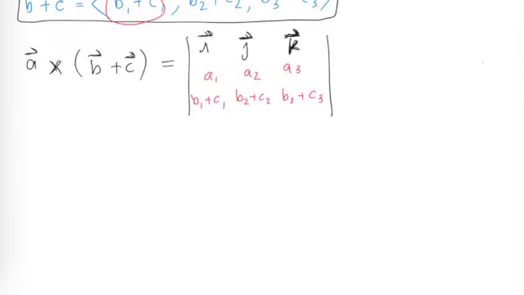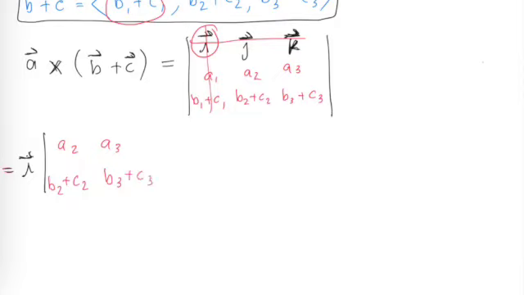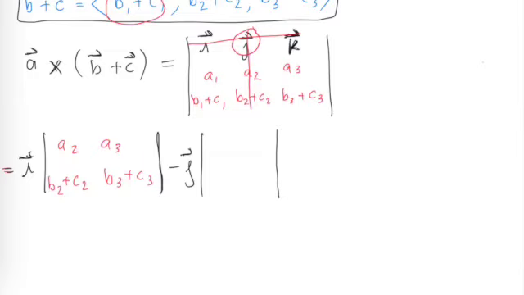So now we're going to isolate this top left corner element and eliminate the row and column that contain that i vector, and so we'll say this is then going to be equal to the i multiplied by the 2 by 2 determinant of the matrix that remains if I eliminate that row and that column. So we have A2, A3, B2 plus C2, B3 plus C3, closed determinant, and then minus j multiplied by the 2 by 2 determinant that results when I eliminate the i and j row and column, and we have A1, A3, B1 plus C1, B3 plus C3,